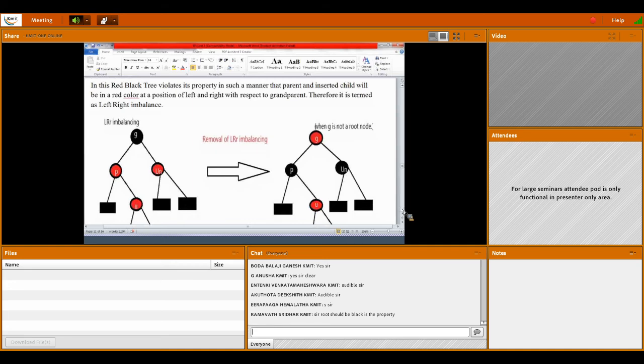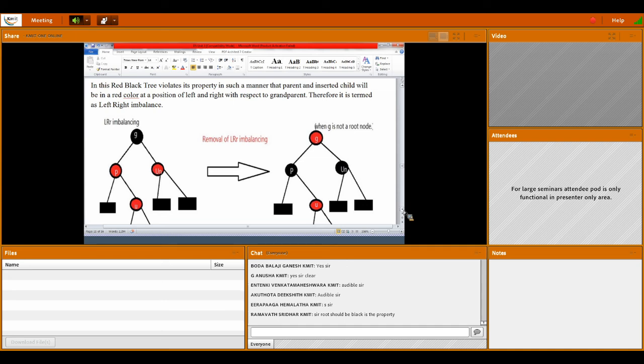The parent is on the left side of the grandparent. So that's why it is called LR recoloring. It requires LR imbalancing handling, and if you see the uncle node, it is red. Definitely it requires the LR red recoloring, so that we can remove the imbalancing and make it a red black tree.